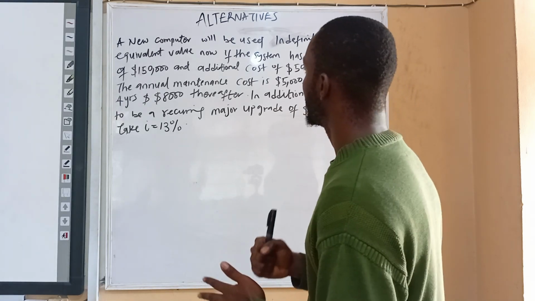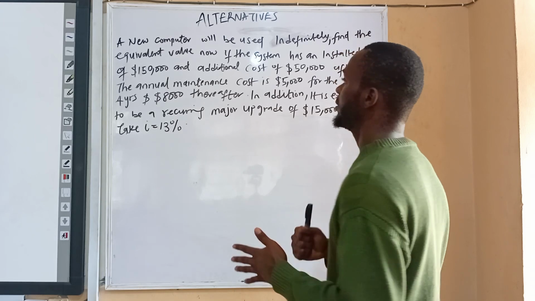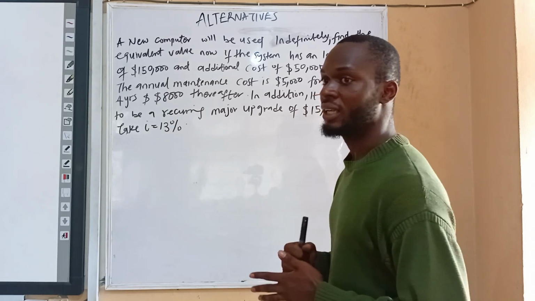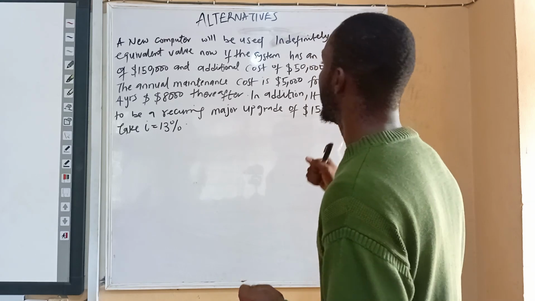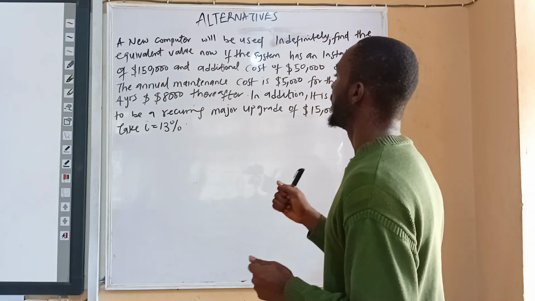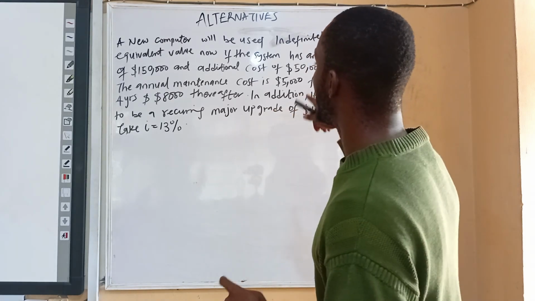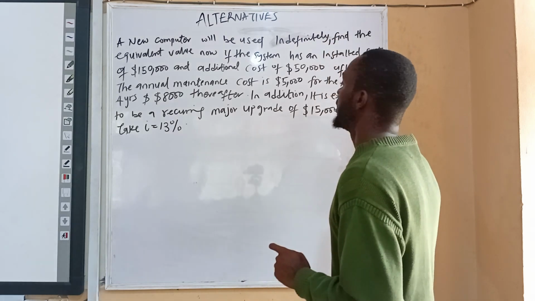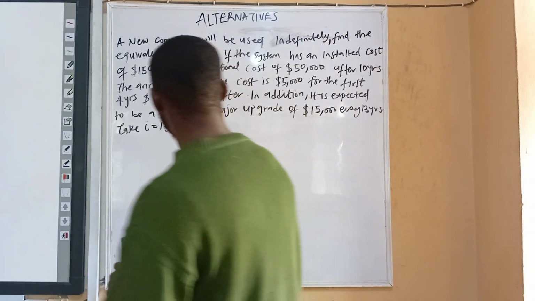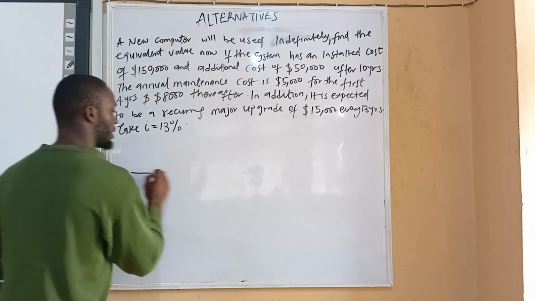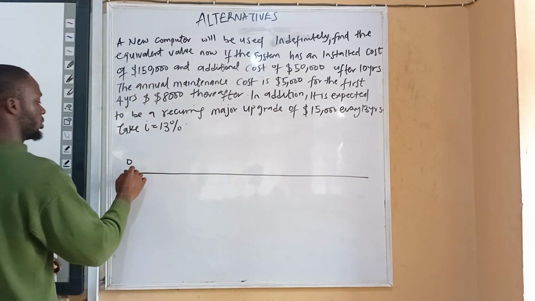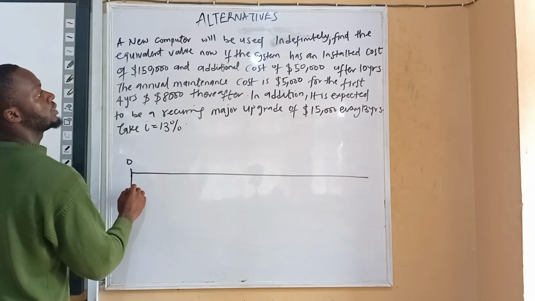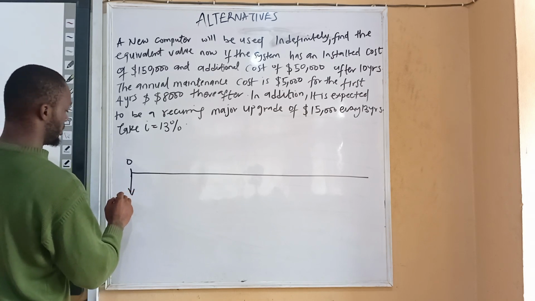The annual maintenance cost is 5,000 for the first 4 years and 8,000 thereafter. In addition, there's expected to be a recurring major upgrade of 15,000 every 13 years. So we draw our cash flow with an initial installation cost, which is